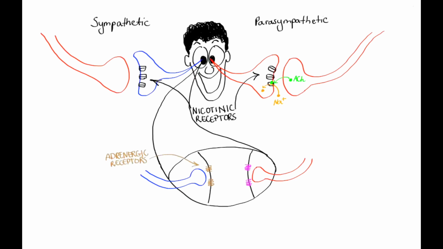In contrast to the sympathetic division, parasympathetic preganglionic neurons are long and postganglionic neurons are short, and they both release the neurotransmitter acetylcholine. So the activity of the parasympathetic division would have the opposite effect of sympathetic stimulation and would result in the following: